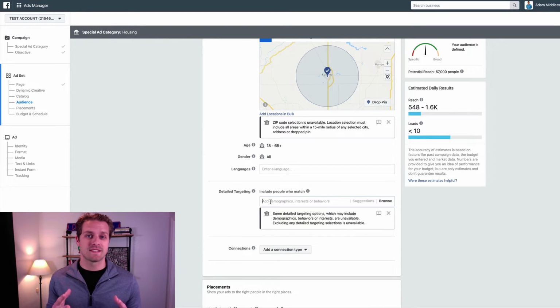So the detailed targeting that we can use with special ad category is interests, right? That's all we can use. We can't use behaviors or demographics or anything of that nature with the special ad category. And so what we can do here to try our best to go out and get more homeowners is to target things that homeowners would be interested in, right? So that could be home improvement, it could be home renovation, it could be home appliances, things of that nature,